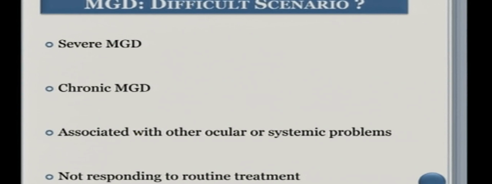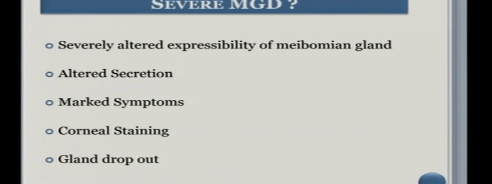In a routine Meibomian gland dysfunction, we can still manage with lubricants and a little bit of warm lid compresses, but there are many scenarios when we get to see these refractory MGDs which don't respond. You have cysts in the lid margin, and all these are a major problem. It can be associated with altered secretions,